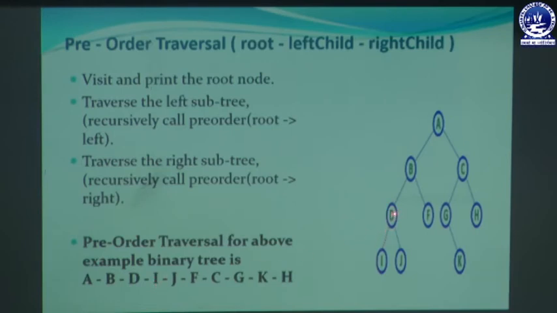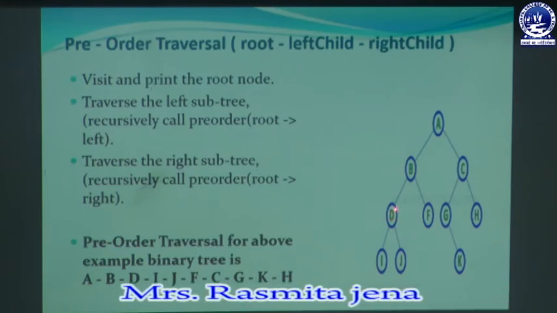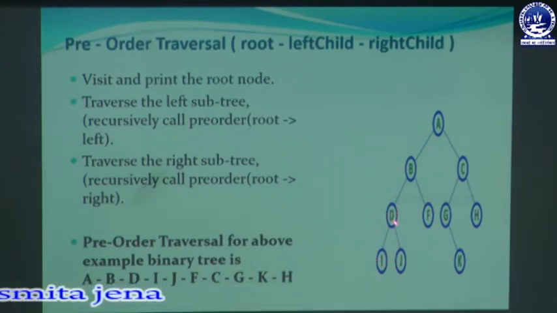Then after visiting D and I, according to the algorithm steps, we will visit the right child. So this is our root node, this is the left child for this root node, and then we will visit the right child, that is J. So after I we visit the node J. When we visit node J, you can see this subtree, where the root node is D, the left is node I, and in the right child there is node J. So this subtree is completely visited, which is the left subtree for the node B.